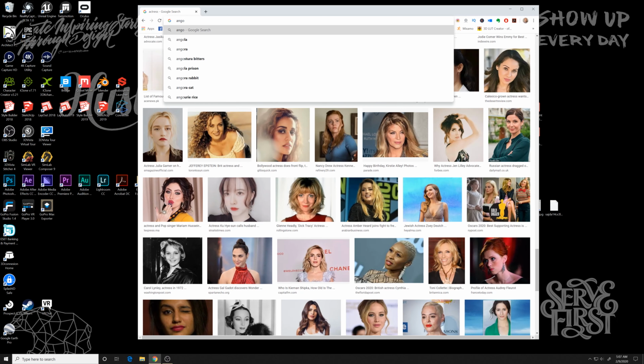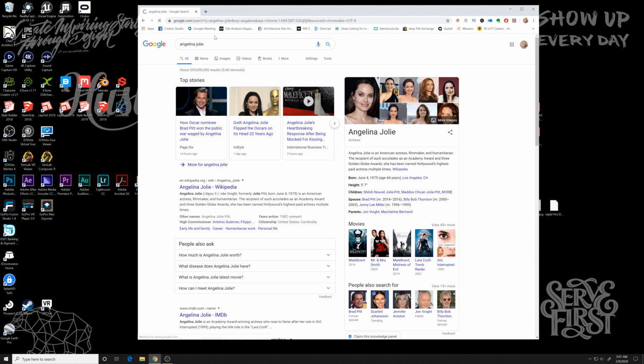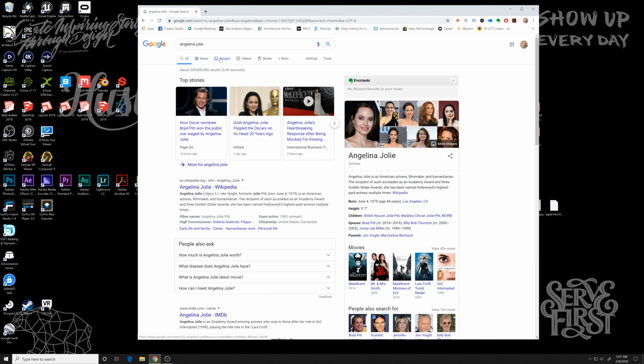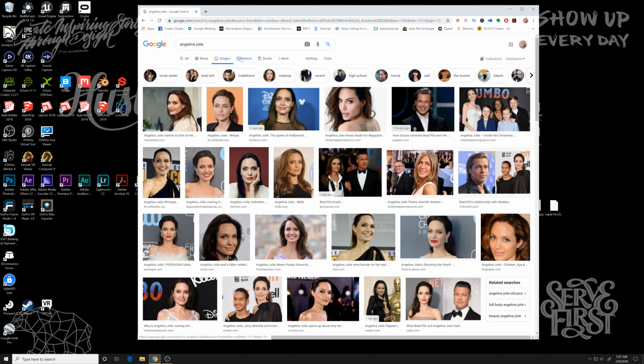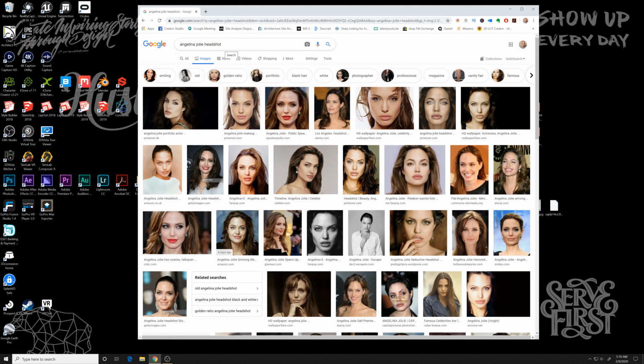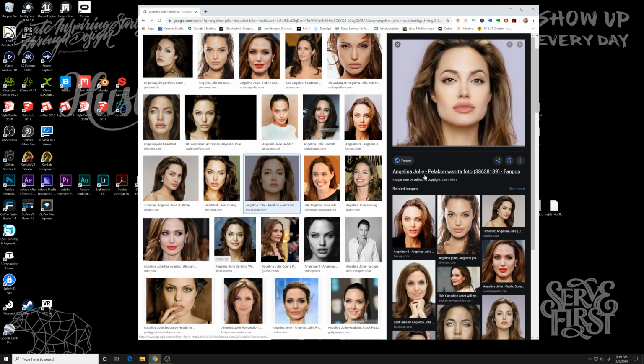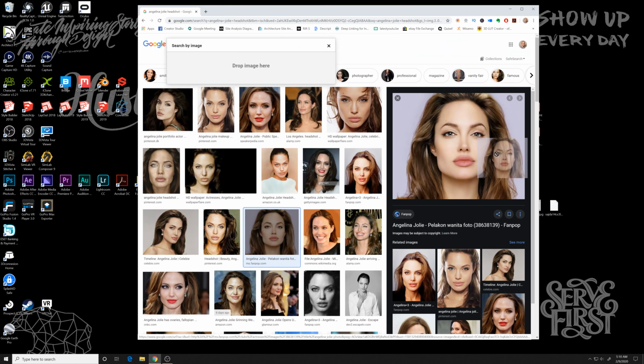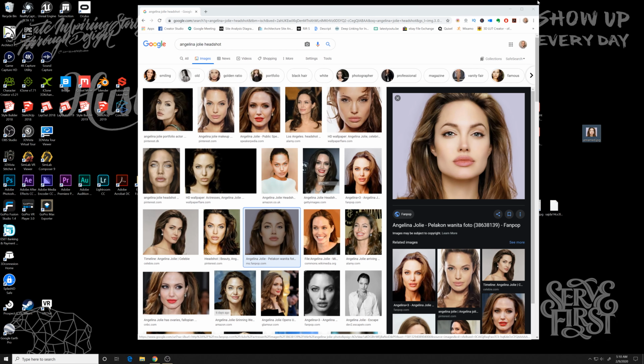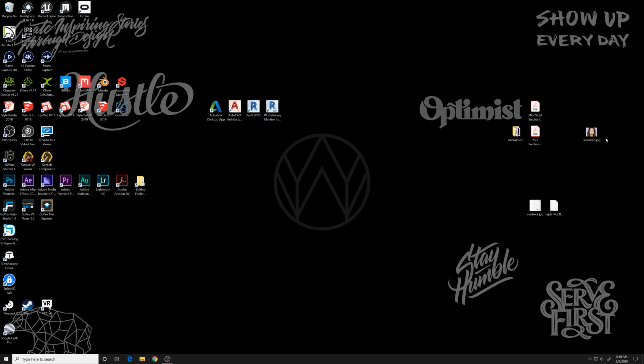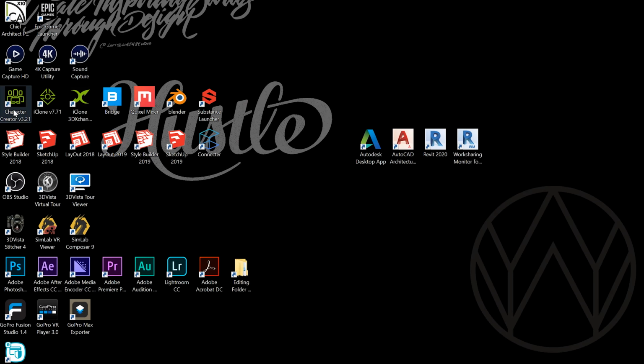So you may be looking for a particular person or look for this individual that you want to bring in. So one of the things I suggest is searching on Google Images for the look or person and type in headshot, and you'll typically get some head front face shots that you need, something with not a dramatic smile, but something with just a neutral pose with eyes open, that kind of thing. So I'm going to grab this Angelina Jolie image and open up